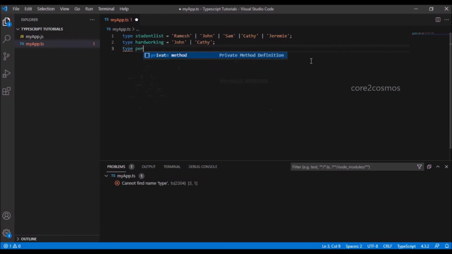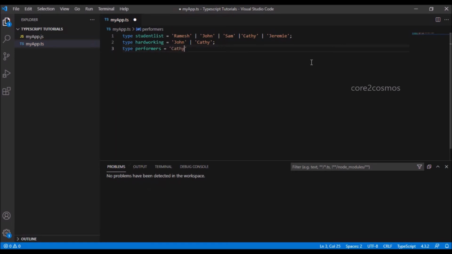In line number 3, I create another type as performers. I will say Kathy or Ramesh as performing student.